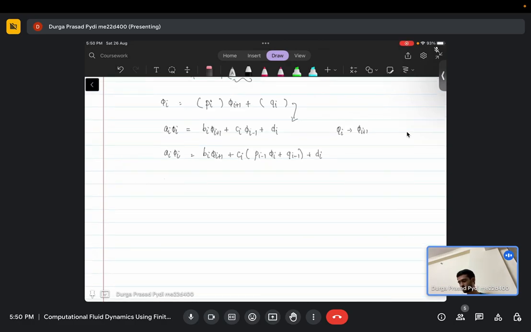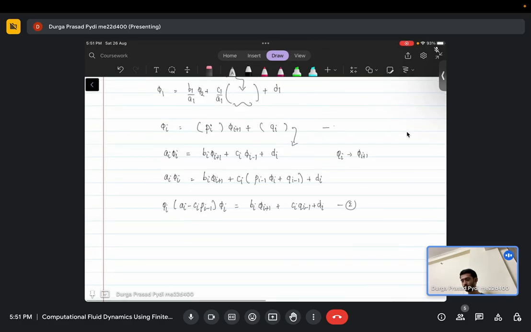So if I just group terms together, phi_i is given by a coefficient (a_i minus c_i p_(i-1)) phi_i plus b_i phi_(i+1) plus c_i q_(i-1) plus t_i. Now if I compare equation 2 with equation 1, my p_i is given by b_i by (a_i minus c_i p_(i-1)), and your q_i is given by